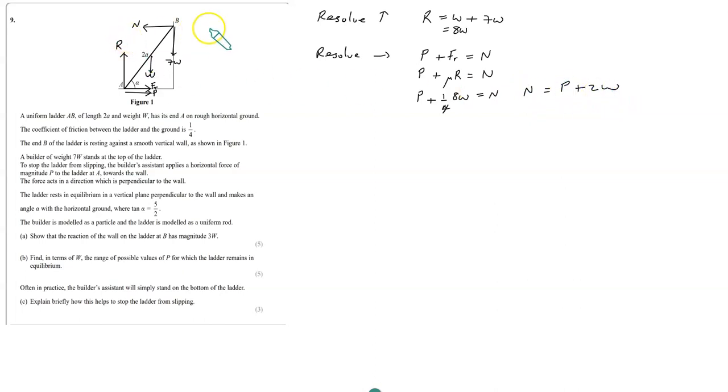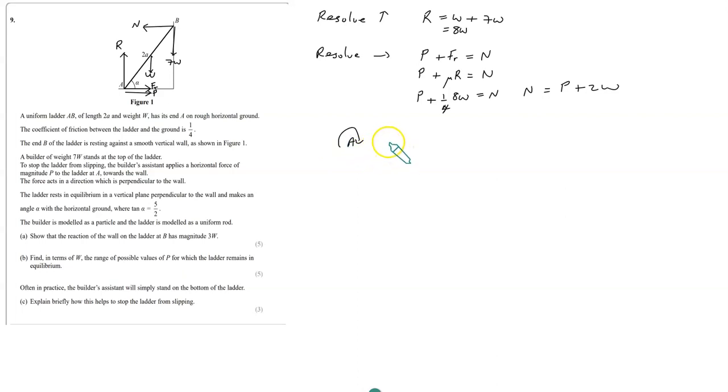But again, we still don't know what P is, because we've got an unknown N. So since we've done the right forces and left forces, up forces and down forces, the only thing left for us to do is to take moments. If we take moments about A, since we don't know anything about P at that point A, we won't have to use it there. So taking moments about A,